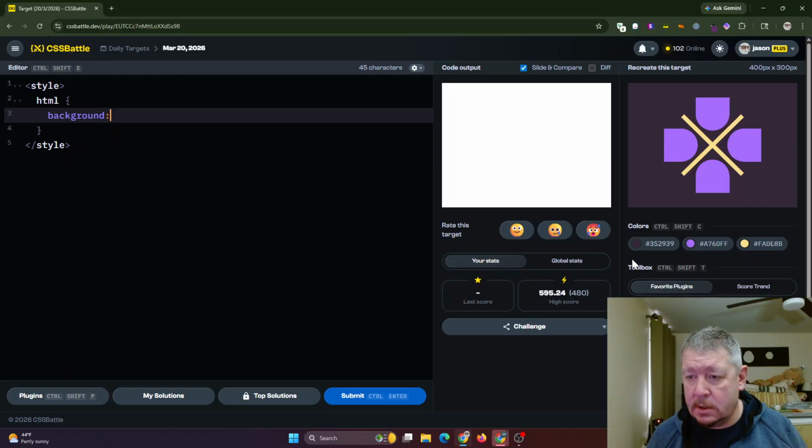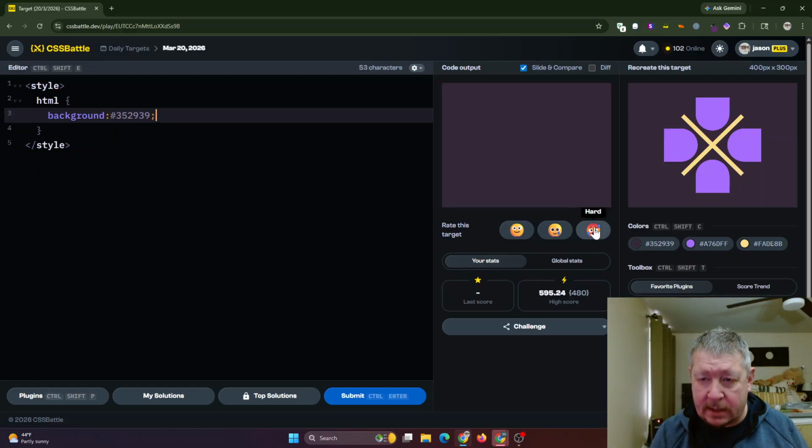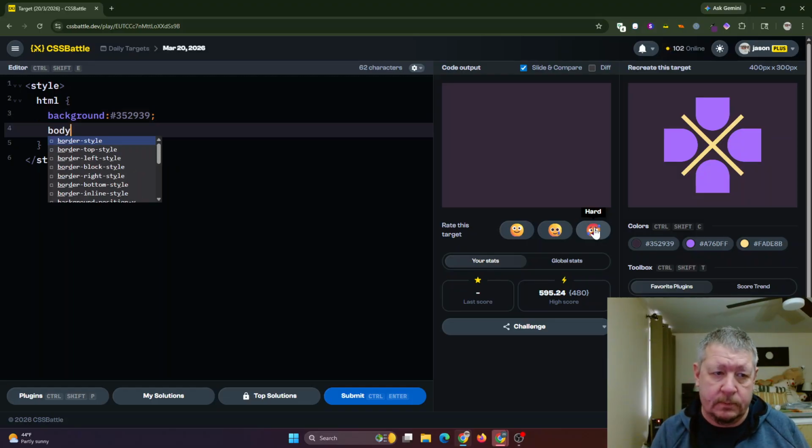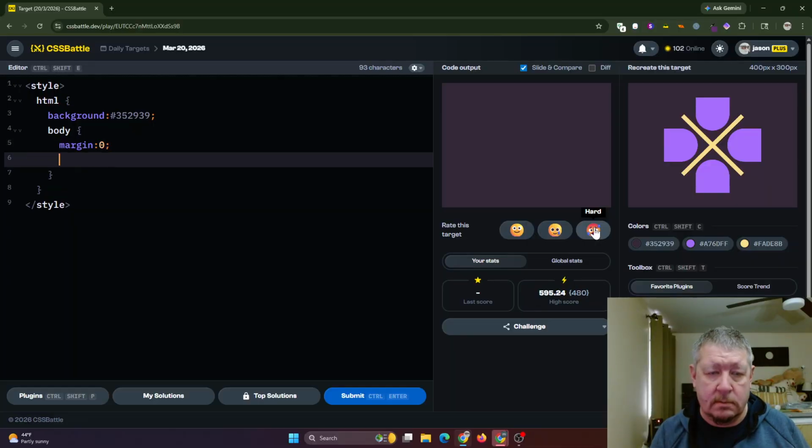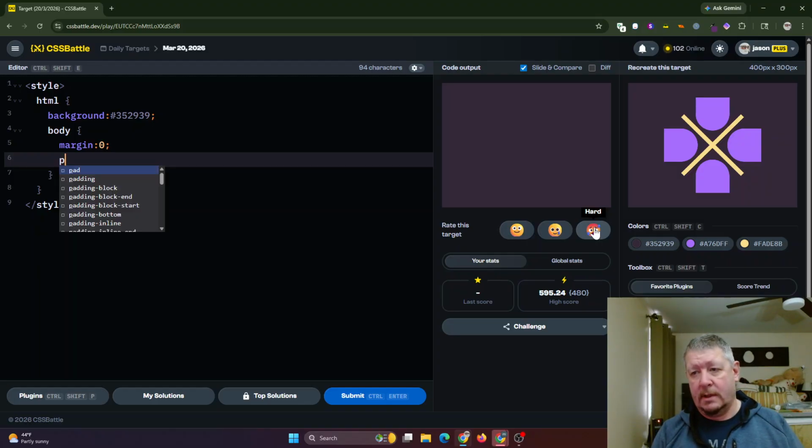We're going to use non-CSS Battle techniques mostly. We're going to set the background of the HTML to whatever plum color that is. I don't know. The body, we're just going to reset the margin on for now. Yeah, that's what we're going to do. Then we're going to have a